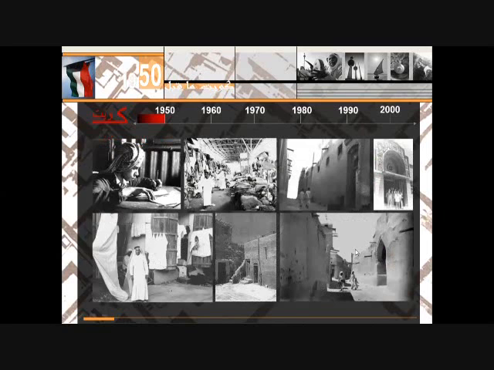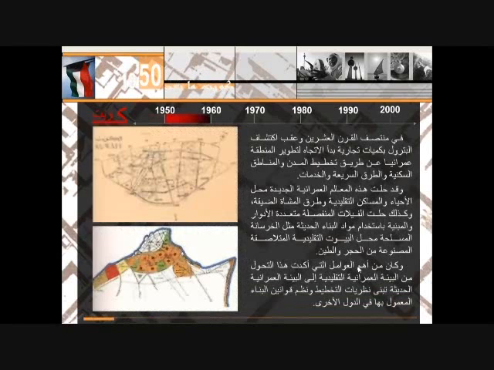So this was the situation in the 50s. Education was very little, not everyone was educated. The marketplaces were very traditional. Houses were very close. They call it al-Farij. So they are living as one family in the Farij area. Very traditional, very